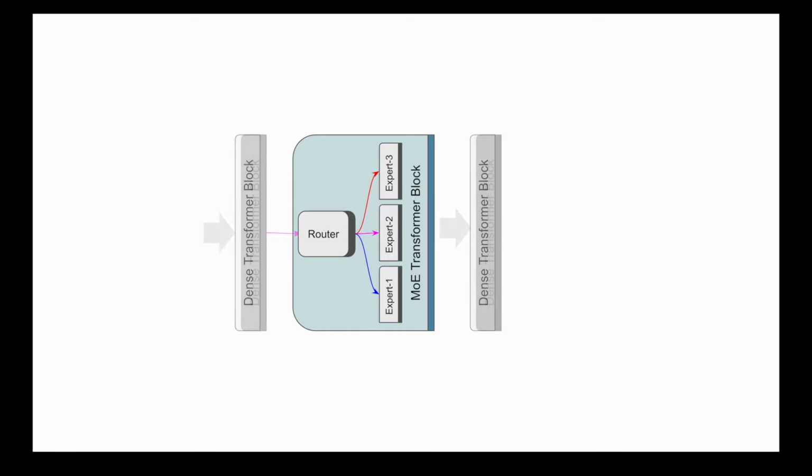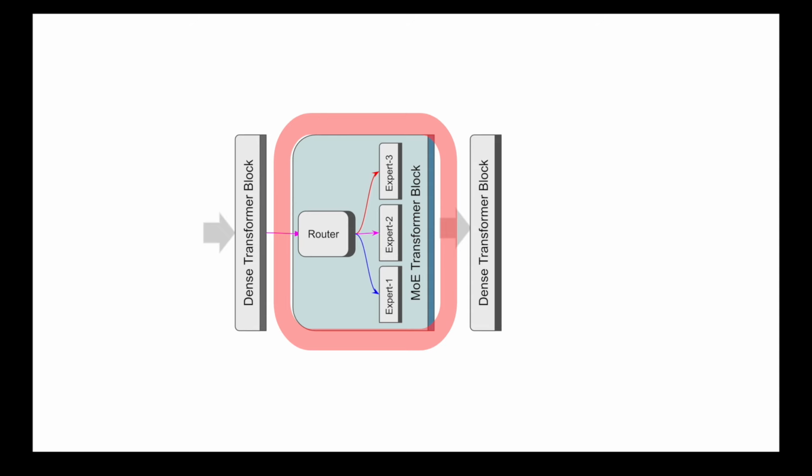This MoE transformer block, or we could say the MoE layer, can be sandwiched between the two dense transformer blocks. One thing you must understand is that the MoE transformer block is designed as a sparse model. It means the input is going to be processed by different experts, as the information is processed by the router. However, the information arriving at the MoE layer goes through a dense transformer block.